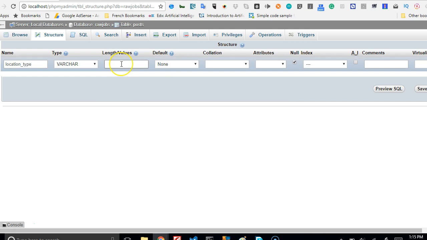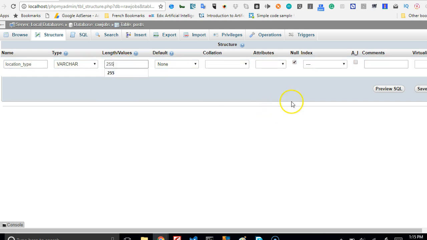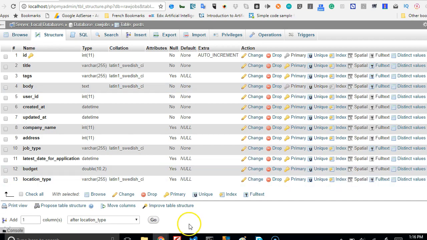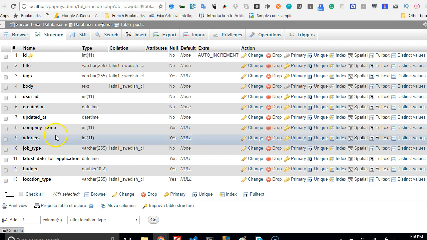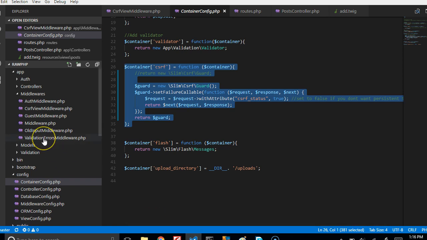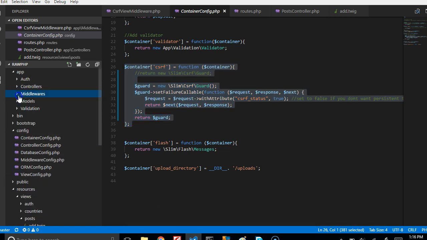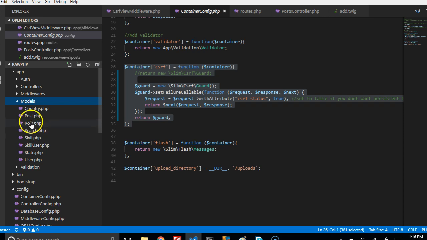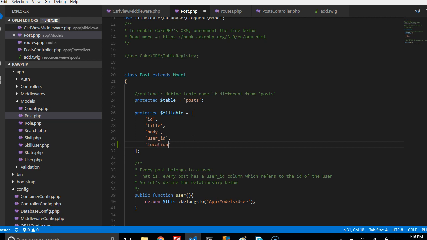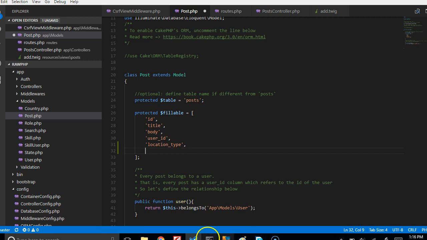And what else are we going to set? Okay, this length, just put 255 and we say save. So now we have enough things to work with. So the next thing we're going to do is to quickly go to the posts model and list all this as fillable. So if we go to our code, we will go to models and we will go to post, and there we can now start adding these things as fillable. So we have location type. I'm just calling this off the top of my head. Then we have